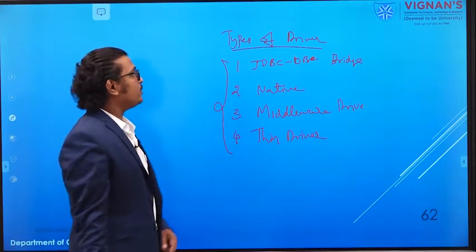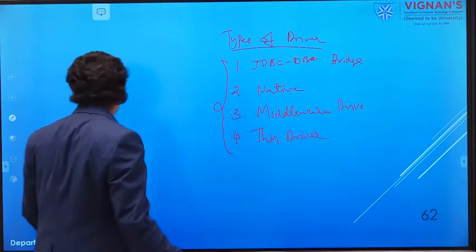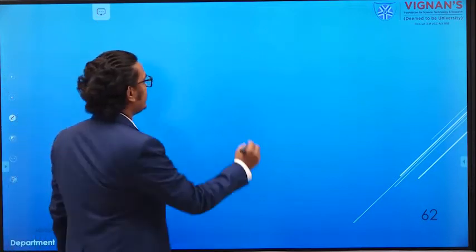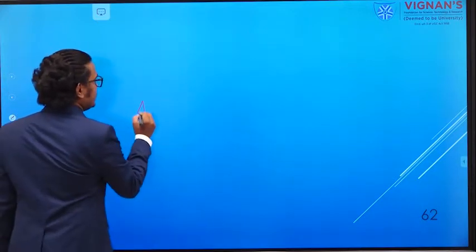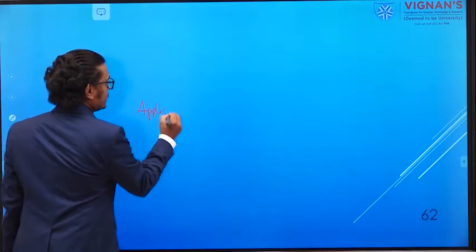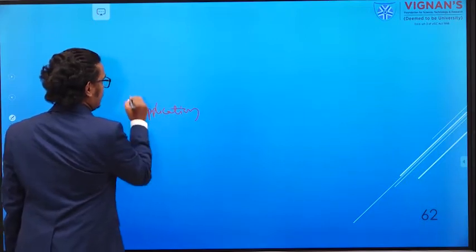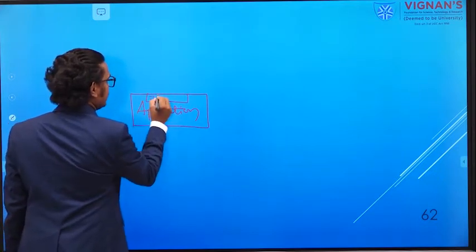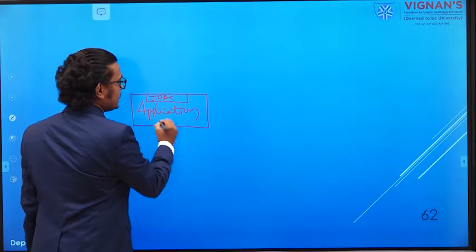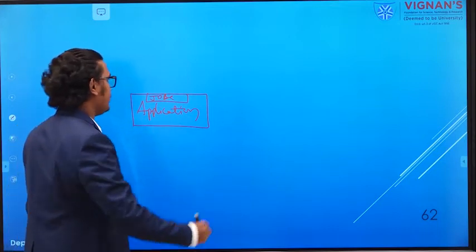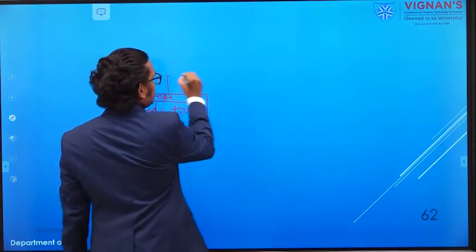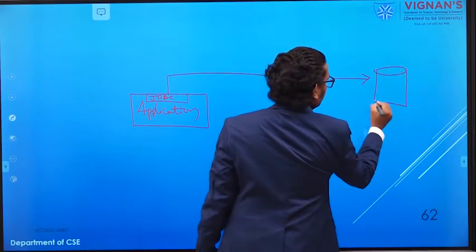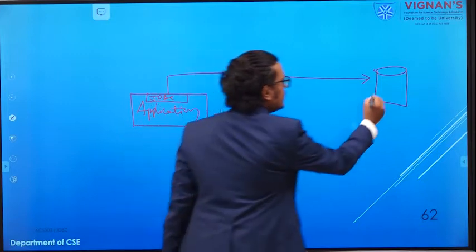With the help of these 4 different types of drivers, we are developing a JDBC application. With the help of the Java language, we are developing one JDBC application, and this is our application. This Java application is enabled with JDBC. With the help of this JDBC, we are communicating to the database.